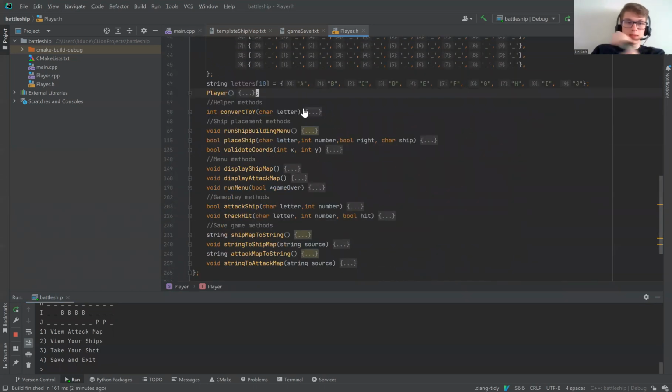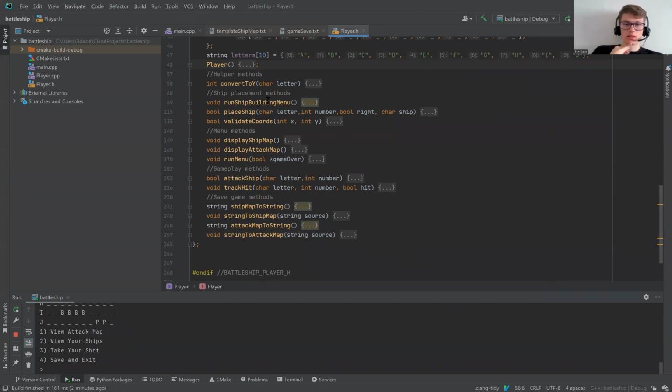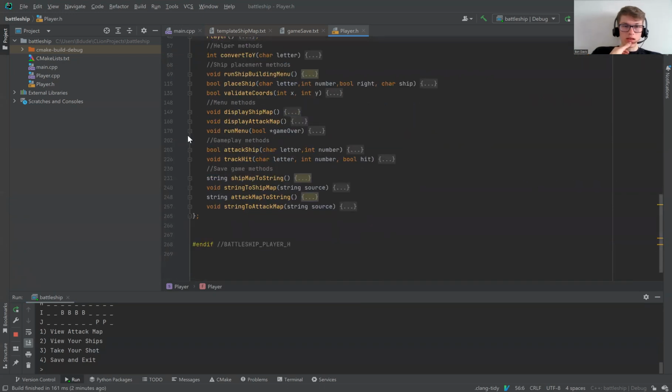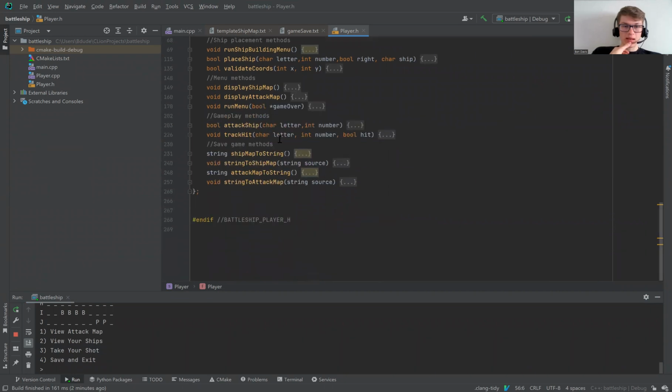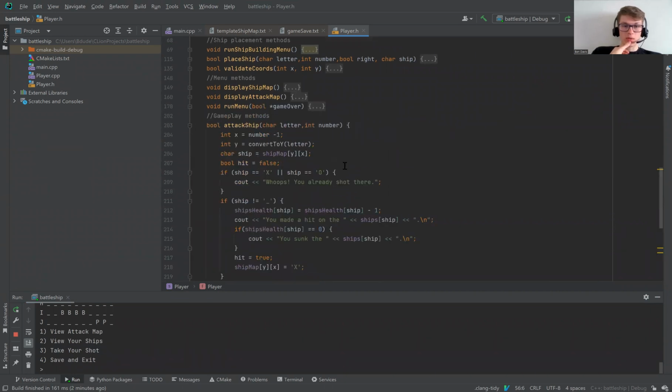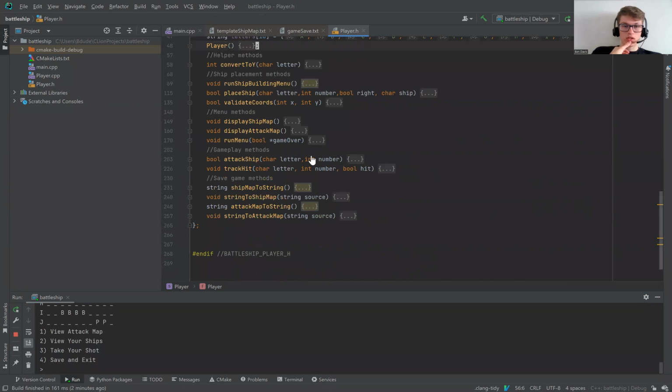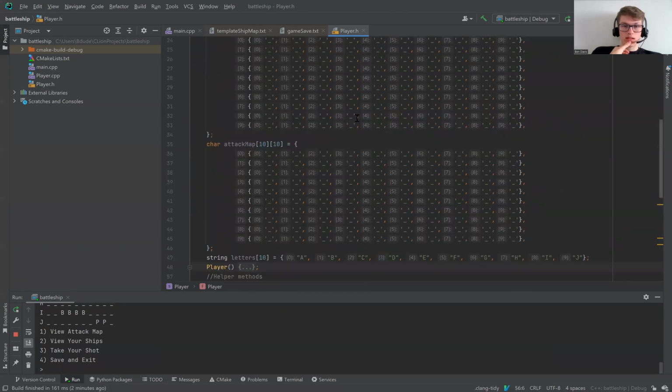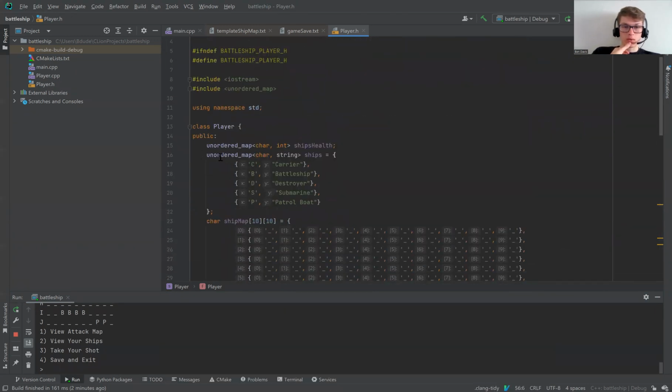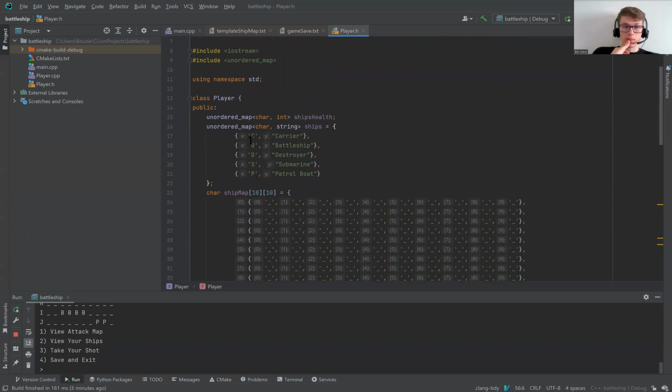But most of the logic is in the player class, where we can see the initial maps as well as all of these methods to help with converting from the letters from the users to coordinates, as well as then all these methods dealing with running the different menus for shipbuilding and placing, running the menu, displaying the different maps, attacking the ship and the logic for that, which uses not only the attack maps but also an unordered map, keeping track of